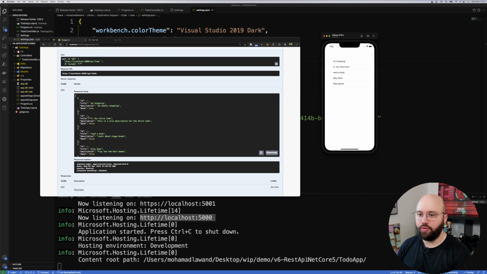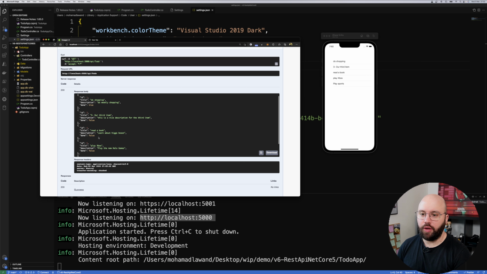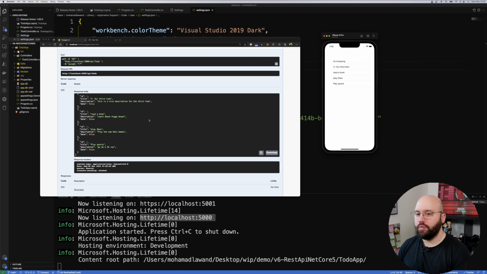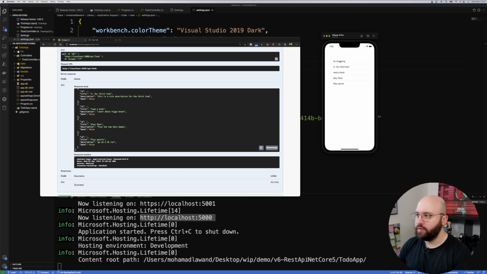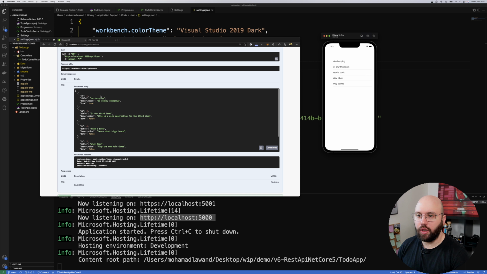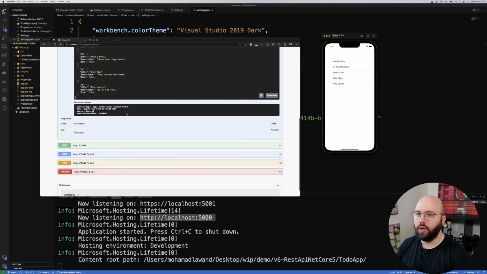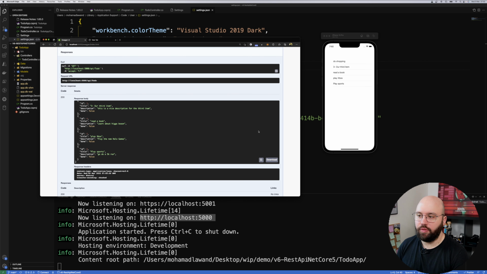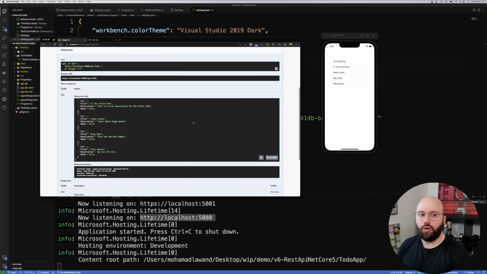So we can see here we have 1, 2, 3, 4, 5, 6 items, and here we have 1, 2, 3, 4, 5. Okay, it's a bit different. Let's see why. So we have do shopping, our third item, read a book, play Xbox, play sports. Okay, so everything is there. Maybe the IDs here are a bit different. Anyways,